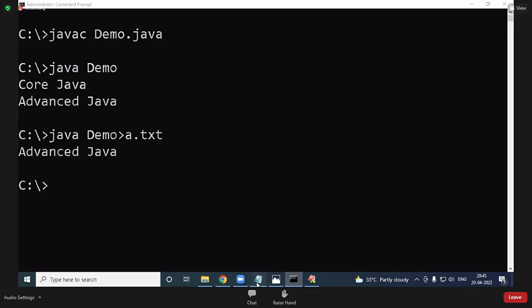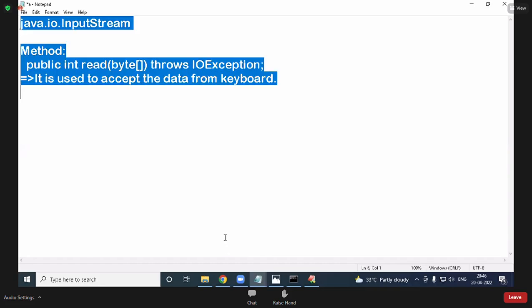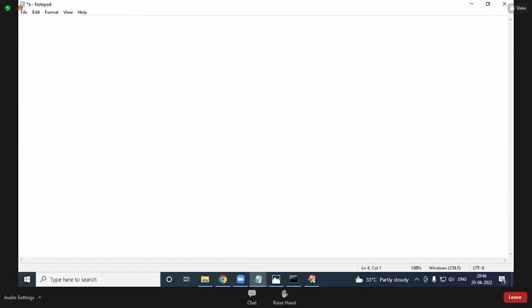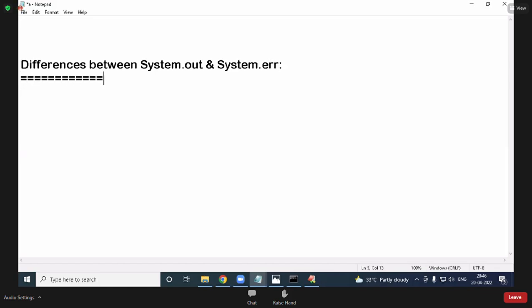Now, before going to this, write this down: differences between System.out and System.err. On one side System.out, on the other side System.err.